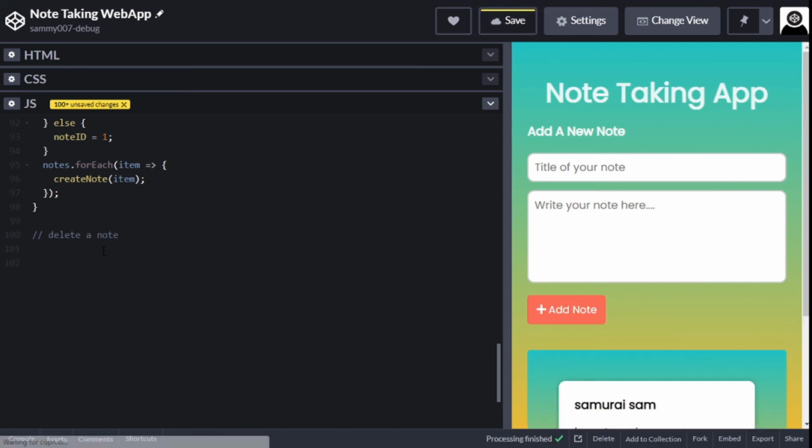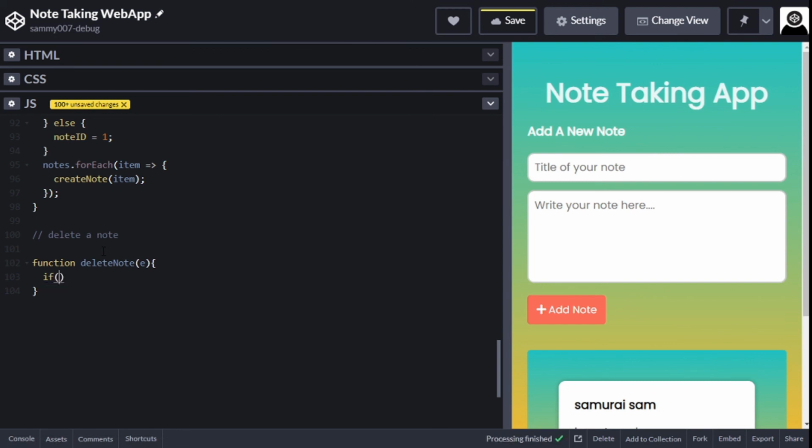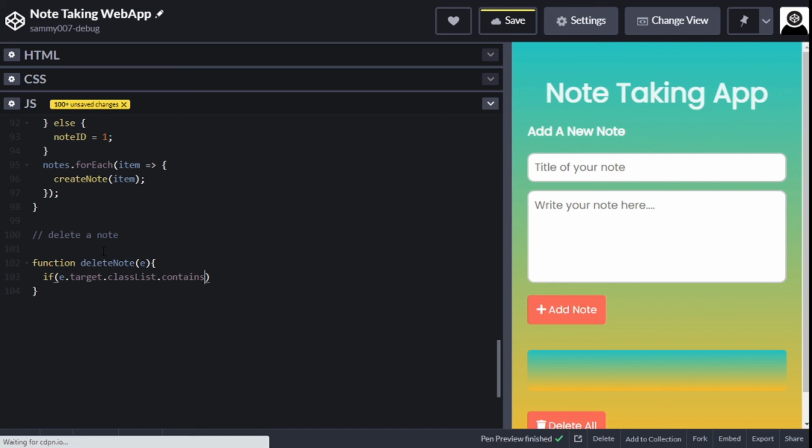So we set a function deleteNote, take an event, and say if e.target.classList.contains delete-note-button,